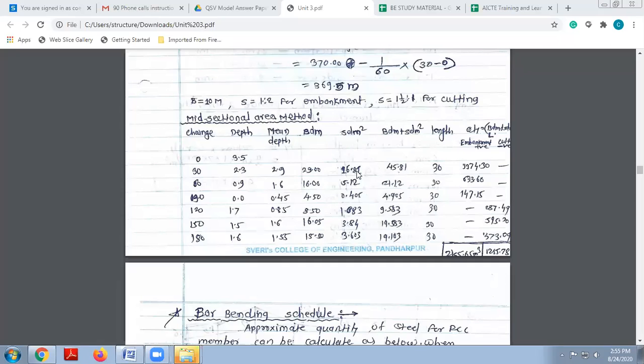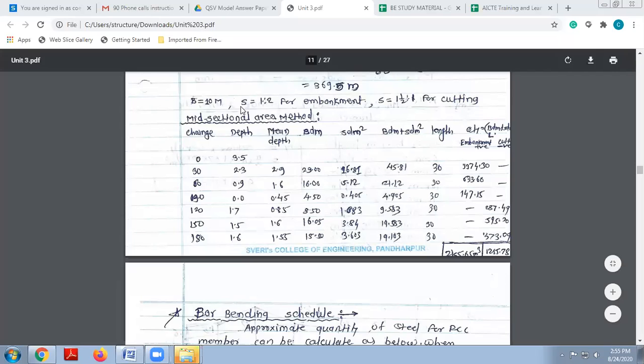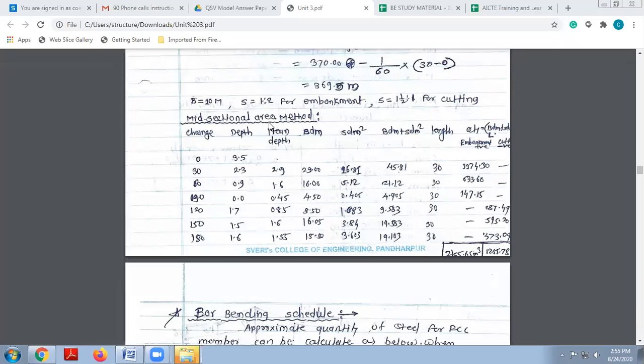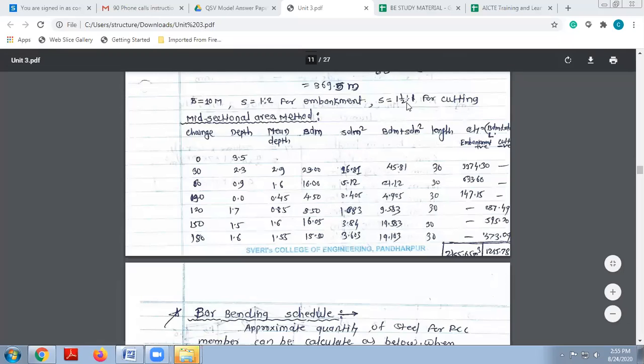So first, S is nothing but 2:1. That is, the value of S, the side slope, is 2:1. So 2 multiplied by 2.9 square, you will get that particular calculation as 16.81. So you can correct here the slope as 2:1 for the embankment, and for cutting it is 1.5:1. Okay, so put the value of S as 2 for the embankment portion and the value of S as 1.5 for